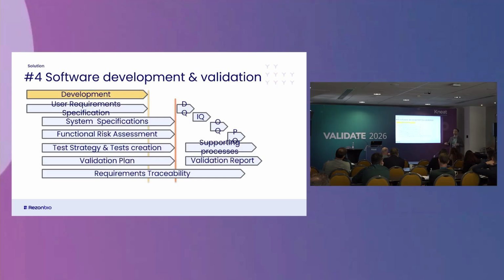Then we had some time to complete specifications, complete the functional risk assessment, complete the test strategy, and create test cases that were not created until this time, some additional ones, then approve it, and then do the classic DQ, IQ, OQ, PQ. Is it Agile? Of course it's not, but it's good enough to work with Agile, right? Well, the first part on the left, a bit Agile. On the right, classic waterfall, linear. It works, at least for us.